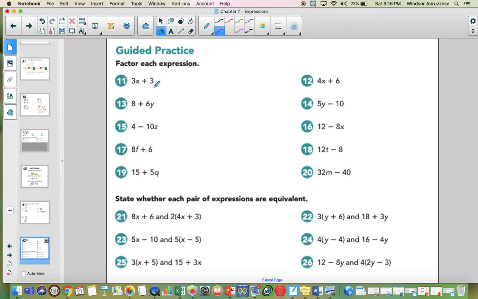So the first example, number 11, is 3x plus 3. I'm going to factor them, so I need to think, what's the GCF between 3x and 3? Well, that's an easy one. The GCF would just be 3, and then I set up my parentheses. Now I'm going to divide both these terms by 3, and whatever I get goes inside here. So 3x divided by 3 is just 1x